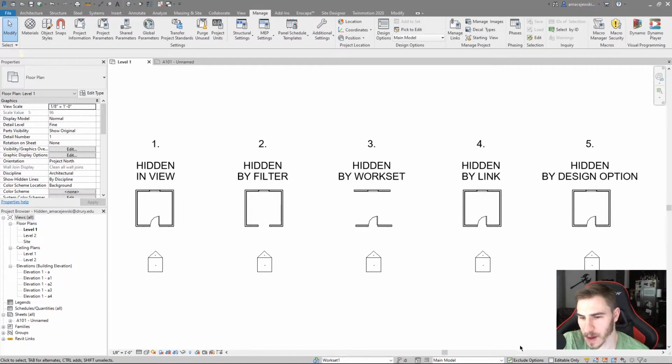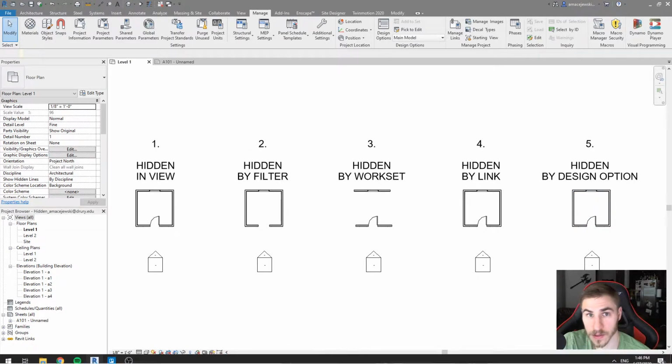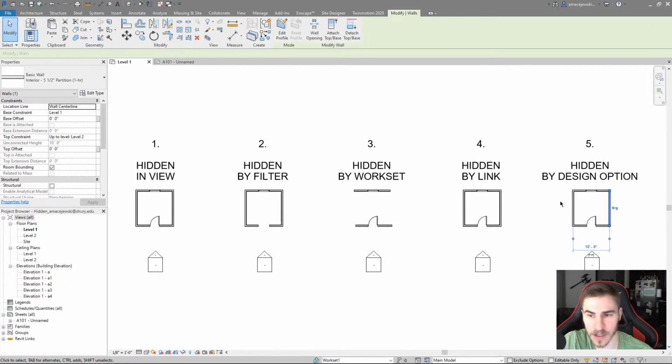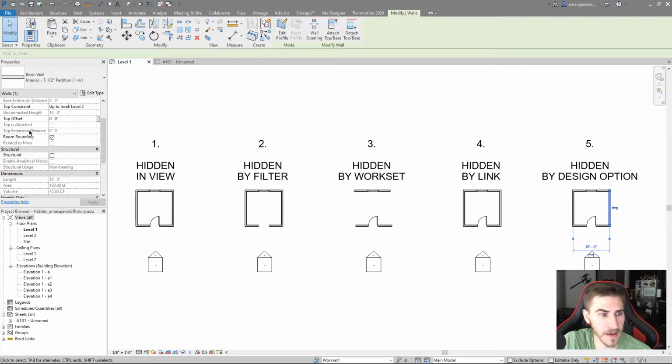If I come down to the bottom here, I can choose Exclude Options. Now, if I uncheck this, I can start to select elements that are in an option. The reason I might want to do that is to find out which option these elements are in without having to go into every option and seeing if they're there. So I can just click on anything in here, because I couldn't select anything before I unchecked Exclude Options. And I can come down here and I can see